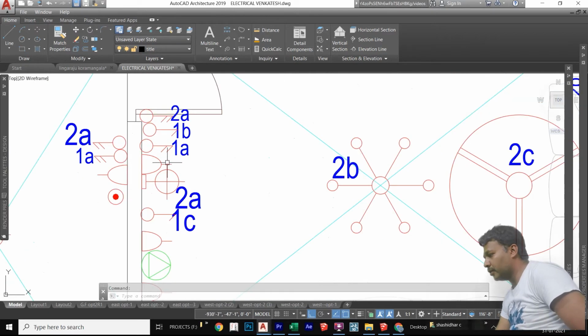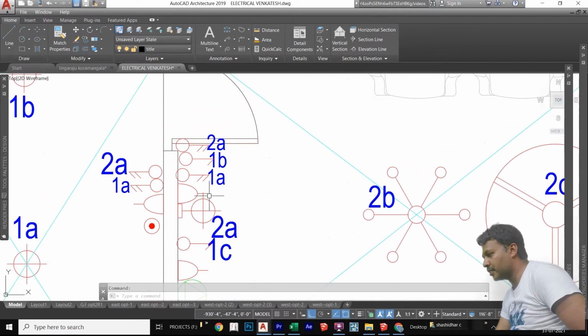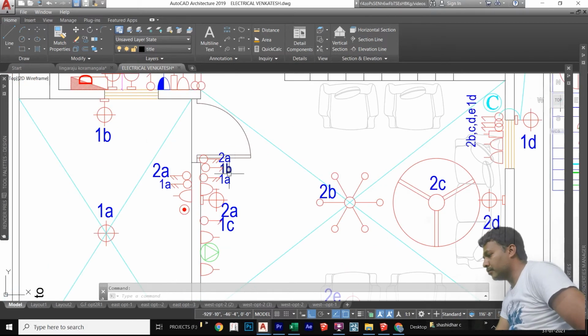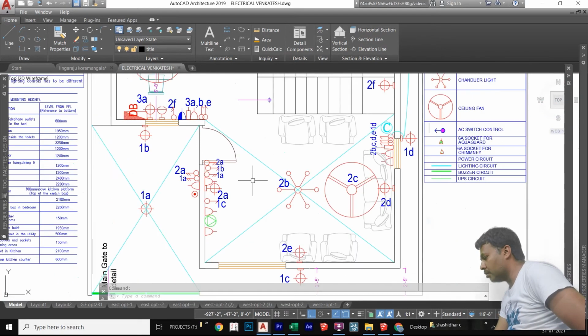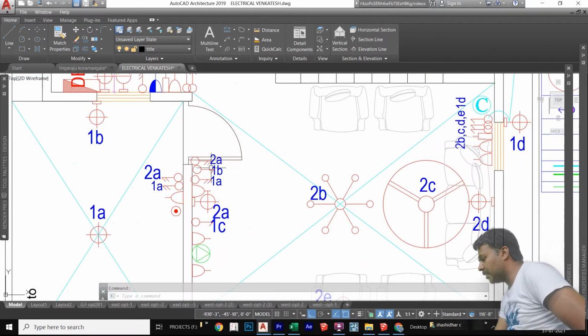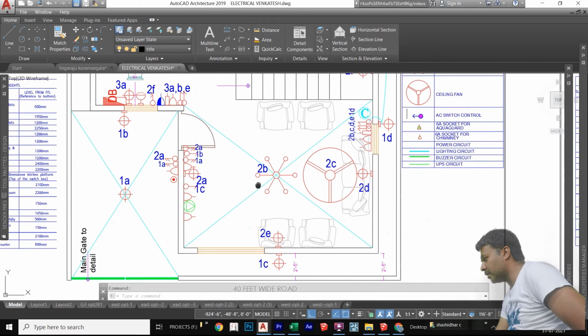For the TV we have given 2 number of 5 amp sockets, and the first switches are the lighting control for the parking and the living room lighting control. One switch I have given here.